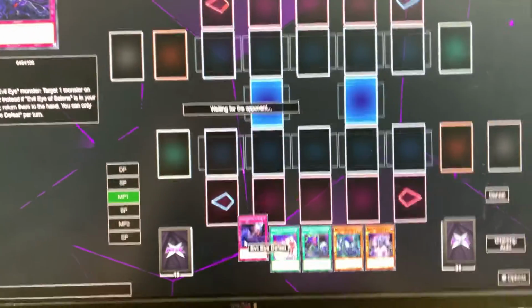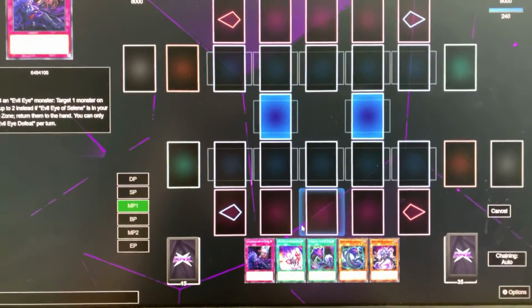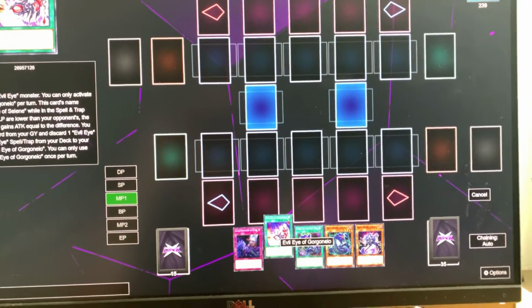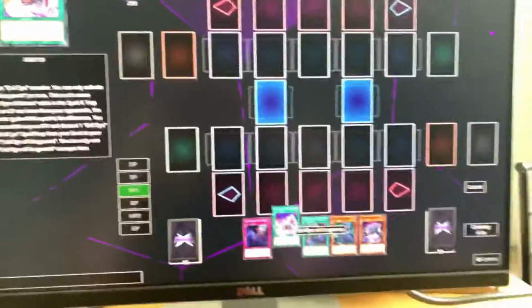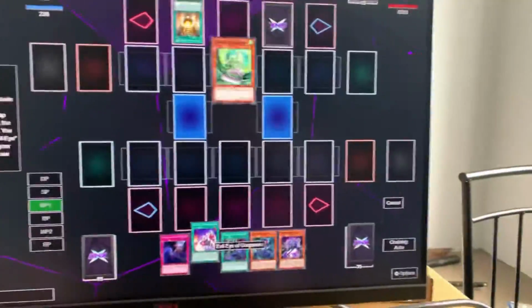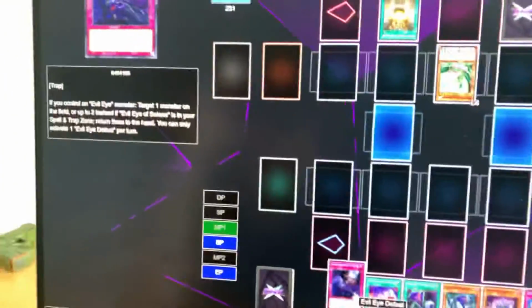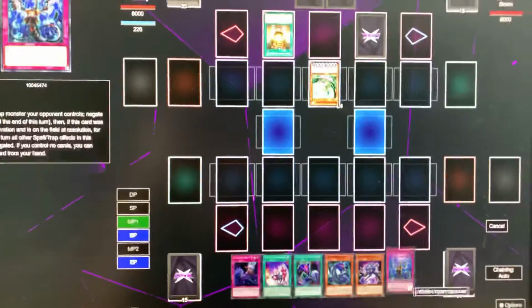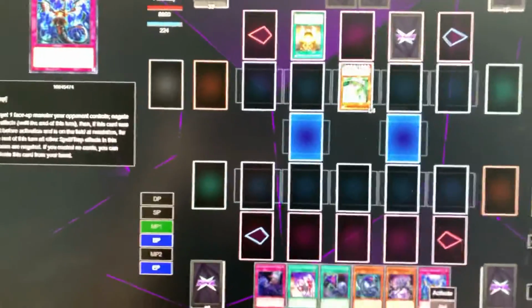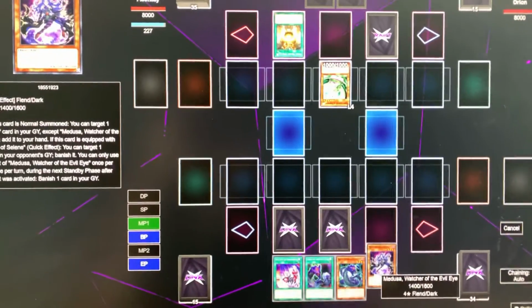Oh, here we go. Evil Eye Defeat. Gorino. Well, it's not terrible. Just tip my arm on the table. Oh, wait. I don't need to have no trap cards in my graveyard to activate Defeat. That's freaking...